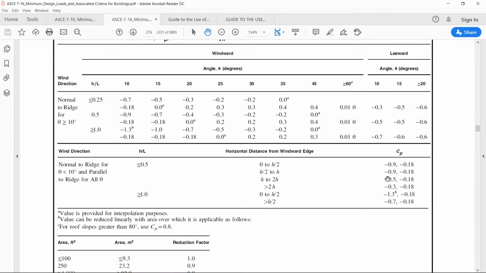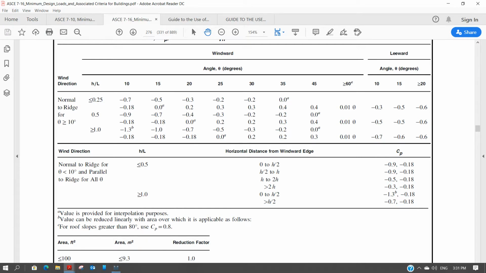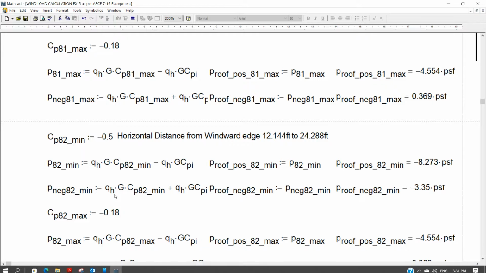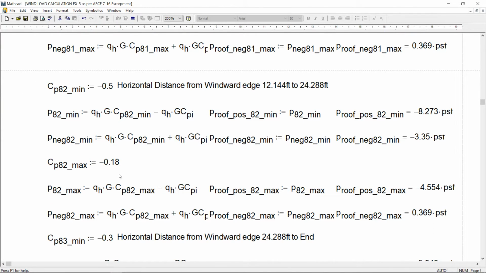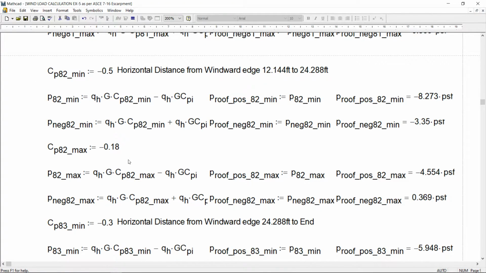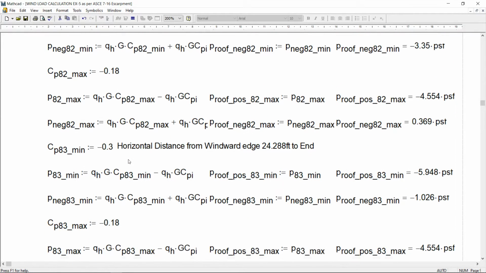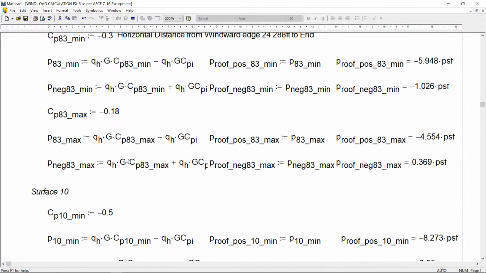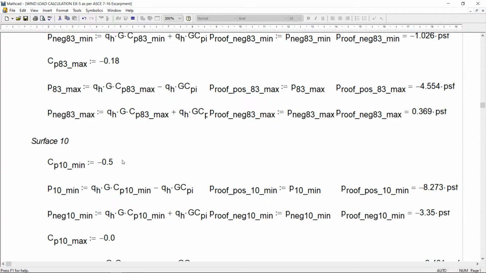H to 2h, Cp value is 0.5 and minus 0.18. Now these values are used to calculate the pressure, and for surface 10 which is 0.5,